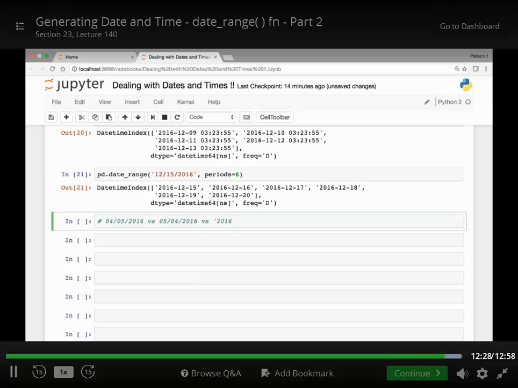You can also try out some other formats. For instance 2016 12/5 versus 2016 12/5. So try out these different kinds of formats and see which ones are valid formats. Great. In the next lecture, we'll continue our discussion